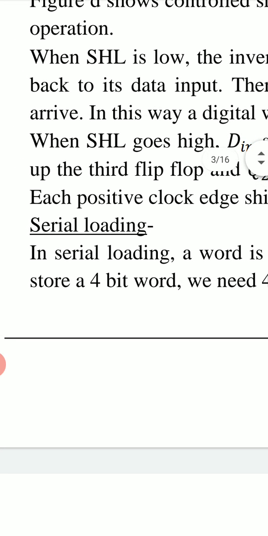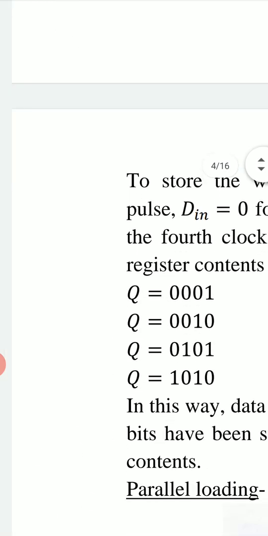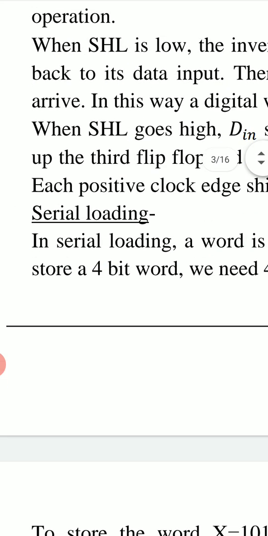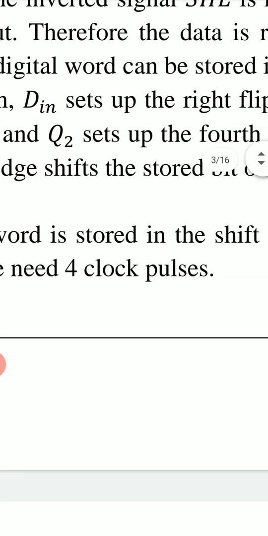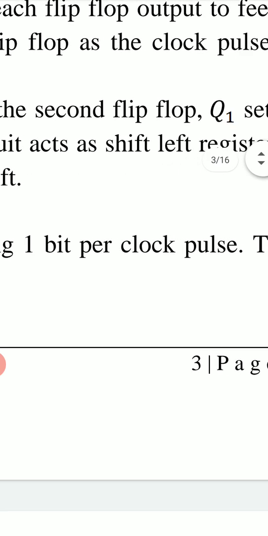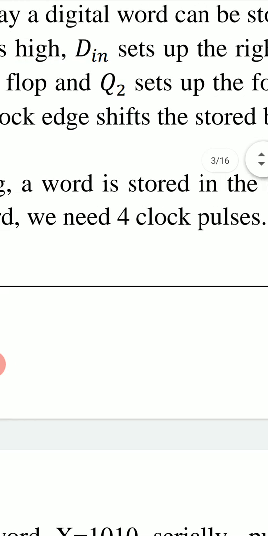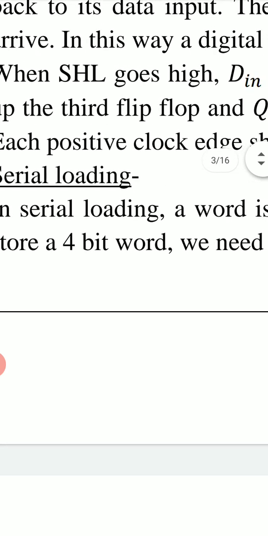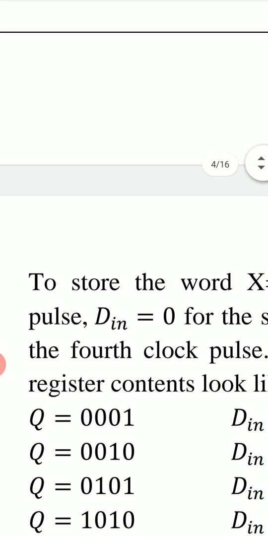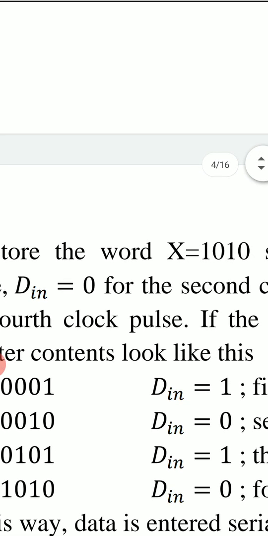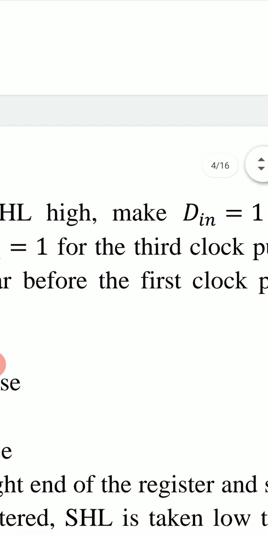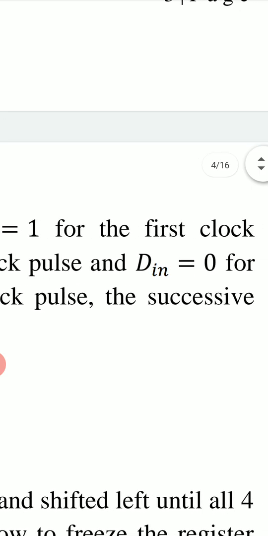Now there are two types of loading, serial loading and parallel loading. In serial loading, a word is stored in the shift register by entering 1 bit per clock pulse. To store a 4-bit word, we need 4 clock pulses. To store the word x equal to 1010 serially, put SHL high, make D in equal to 1 for the first clock